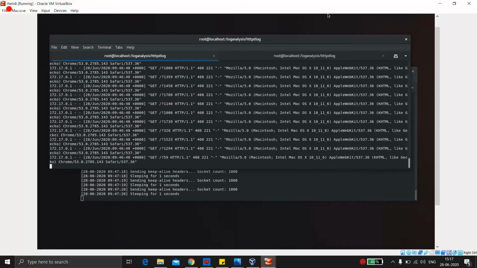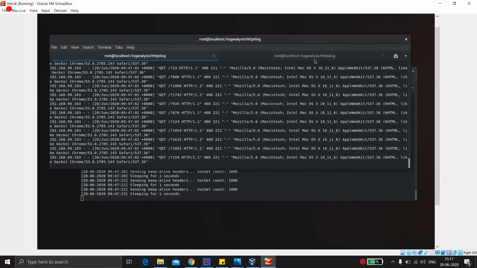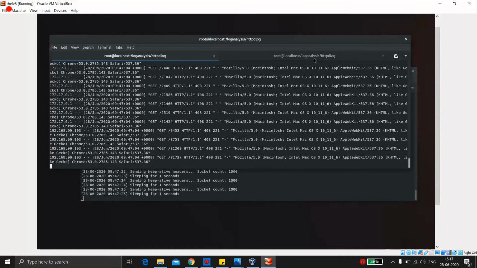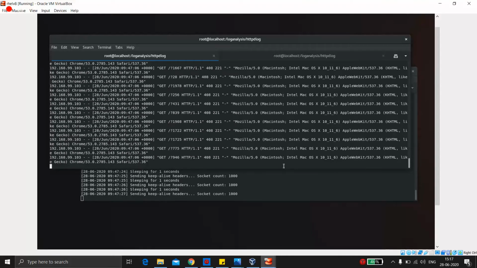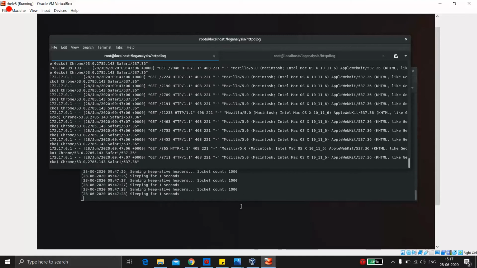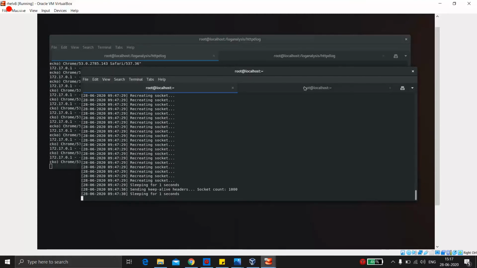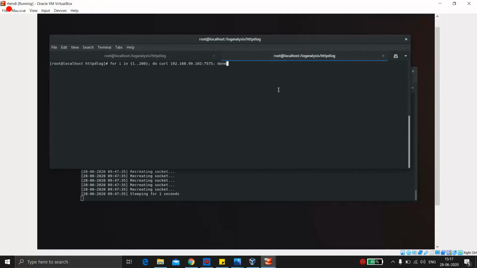And if you run the for loop which we created to show this, you can see we didn't get a reply so quickly.